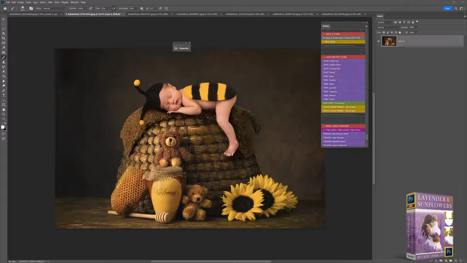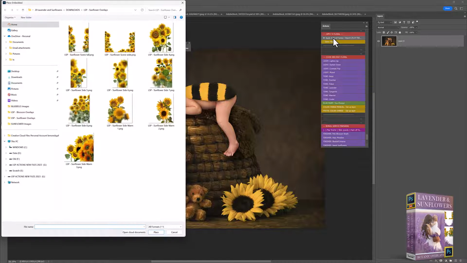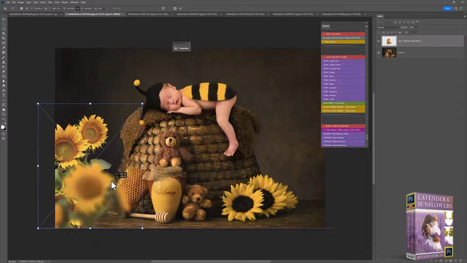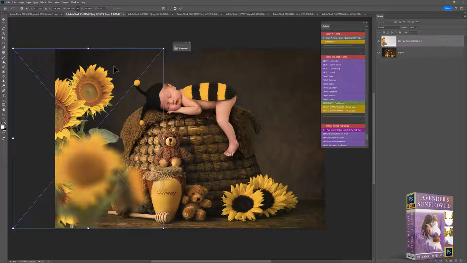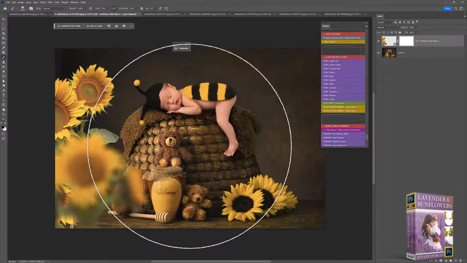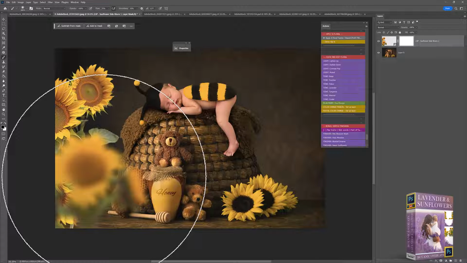So I'm going to go ahead and start by adding some sunflower corners to this beautiful, really sweet little newborn image here. So I'm going to click Apply Floral Framer, make sure you locate your unzipped sunflowers from your computer, and I'm going to go for Sunflower Side Warm. I'm using the actions to apply, so I'm just adding this in here. I like how it curves around this image, and it's very obviously in the foreground,